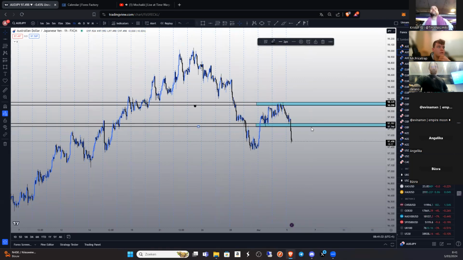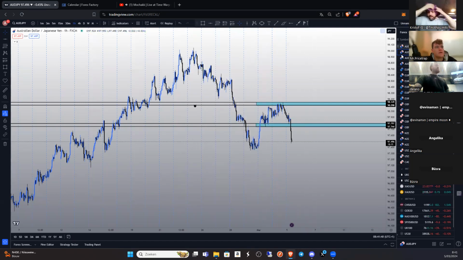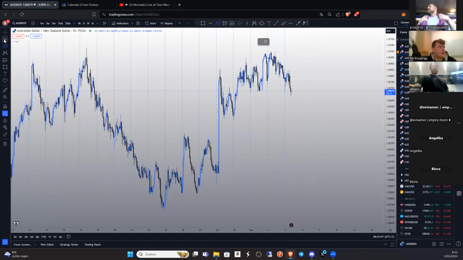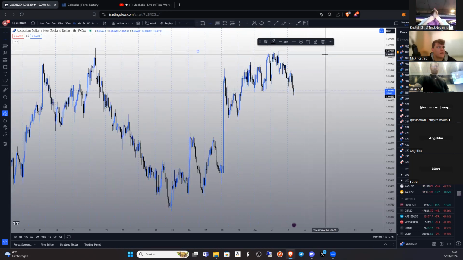There we go. So simply waiting for the retest now on AUD JPY. Like you can see, I'm always making use of alerts. If you have these opportunities, if you have these tools to make your trading as passive as possible, please use them. Would be stupid if you're not using these kind of tools to find yourself a more passive way of trading. All right,